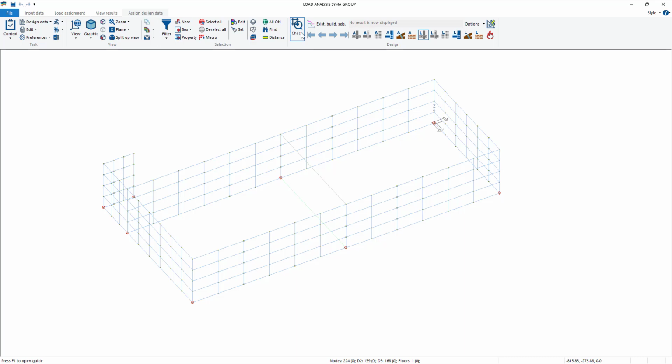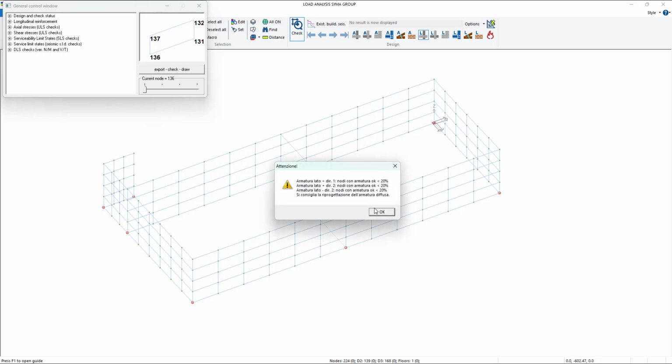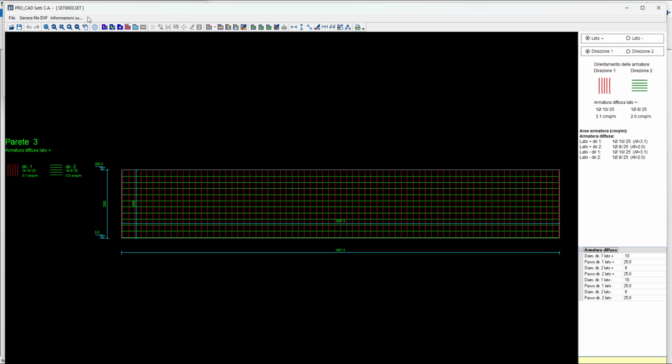Okay, the last thing we need to do is to obtain the design for everything else except foundation. You can do that by using the inspect command, clicking on an element. Never forget about filters. If I click on an element, I have to do export check draw wall slab structure drawings. When you click it, it's going to open the ProCAD ZCA.